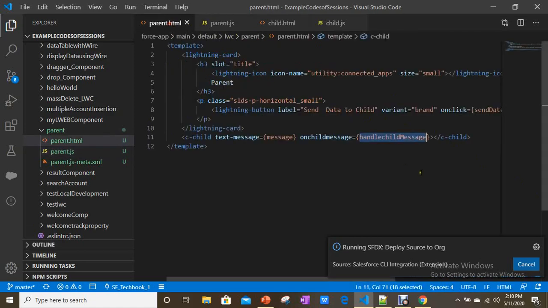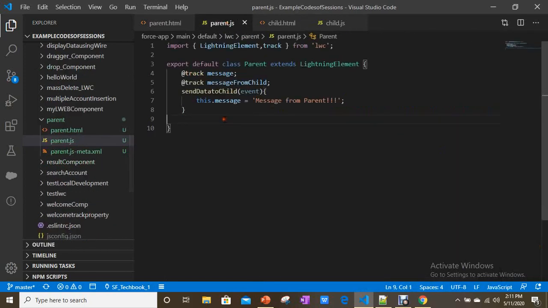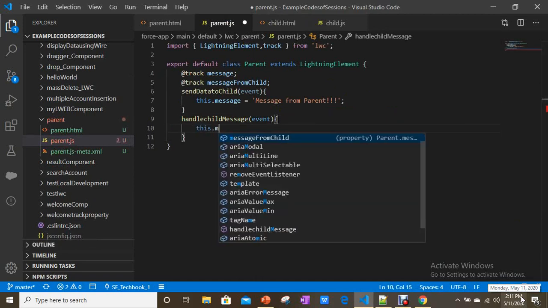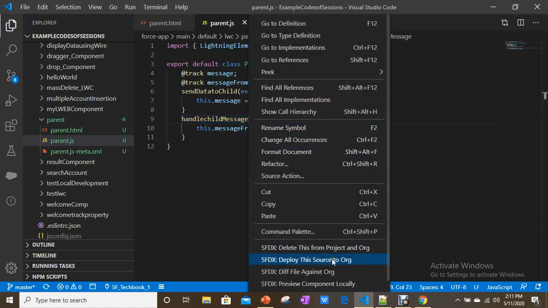So here, what is the handler method? Handle child message. How to use that? This dot message from child equals event dot detail. Simply. Then whenever the event is dispatched from the child component, it will call this method through the event handler attribute.